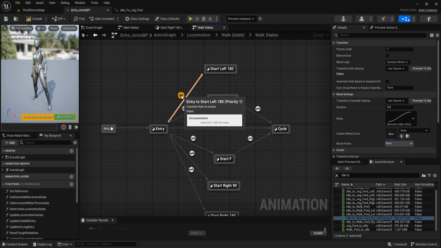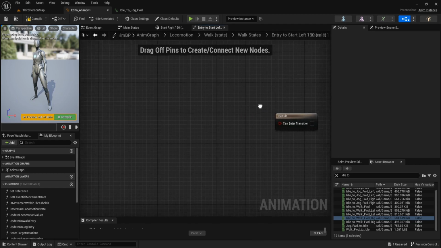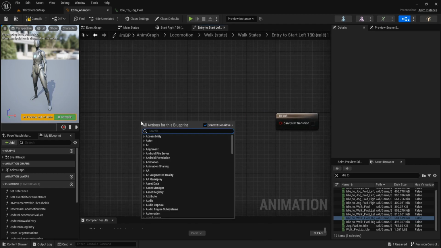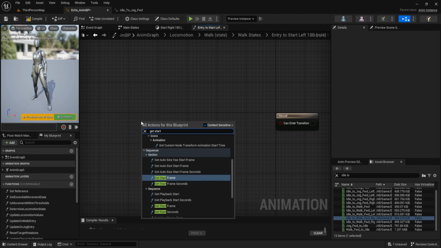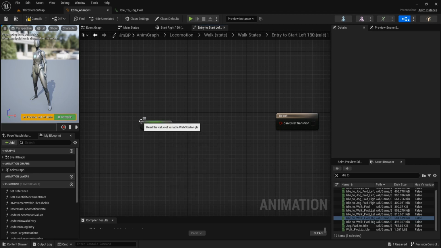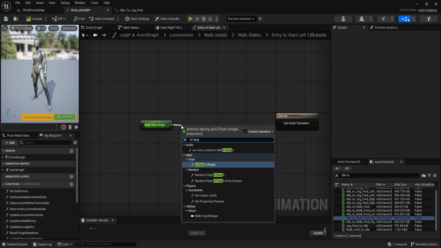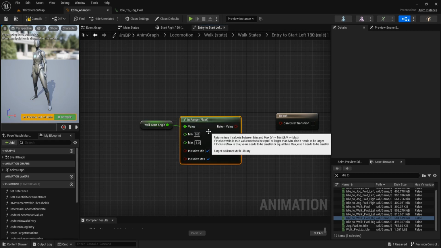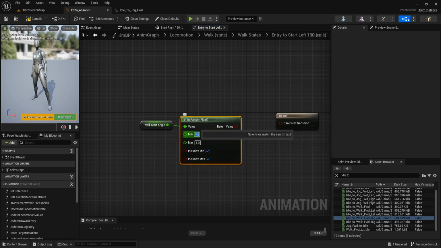The turn left 180, open it, and get walk start angle, call in range. Min is minus 180, and max is minus 135. Need to resolve. This max is false.